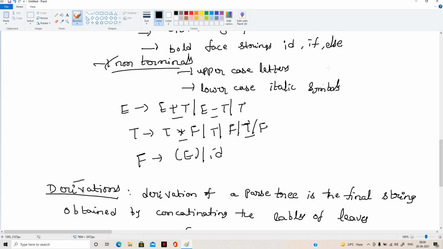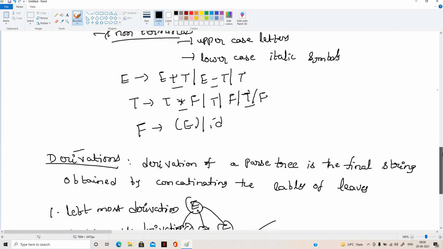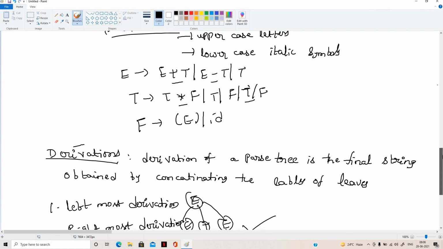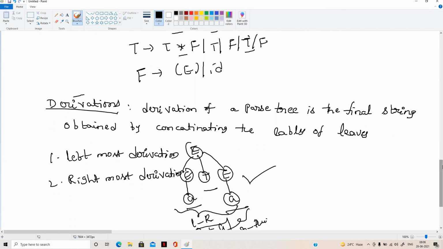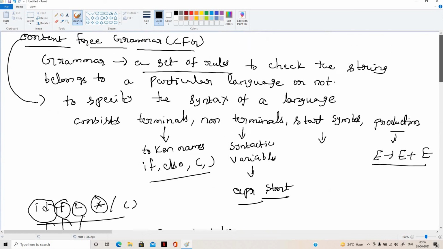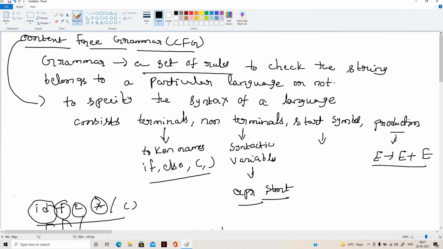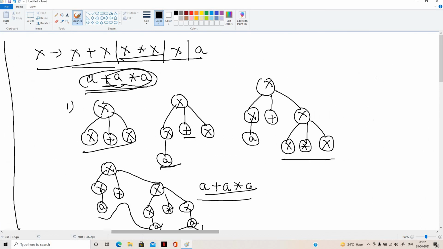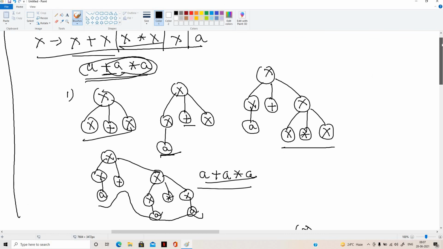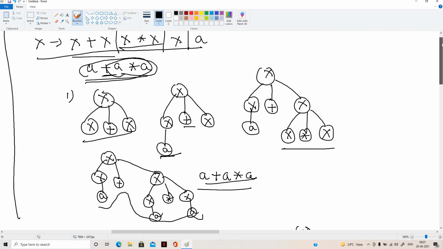Next we discussed derivations. Derivation is nothing but finding or deriving a string with the help of parser trees. It can be done leftmost or rightmost. We had an example for leftmost and rightmost derivation for the string a plus a into a.